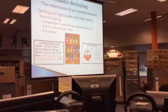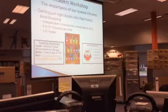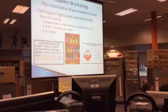But what is nice is if you have the app on your phone, it can use your phone as a scanner to scan the barcode, and then it sends you all the info. A little bit better is the Level It app, because it automatically inventories your library so that you know which books you actually have. Yep, and then you can do a checkout system with that too. But I would strongly recommend the F&P one if